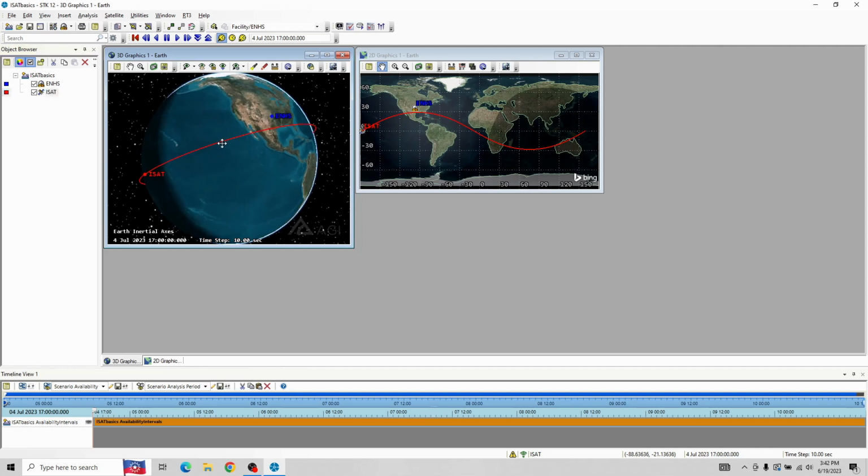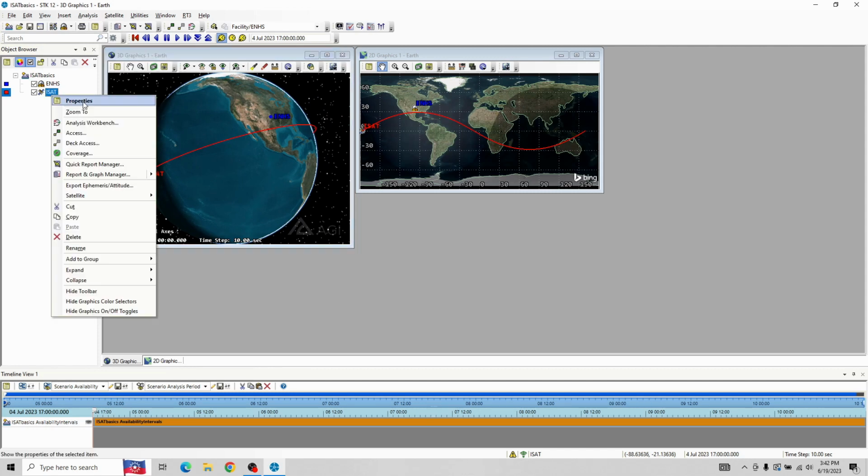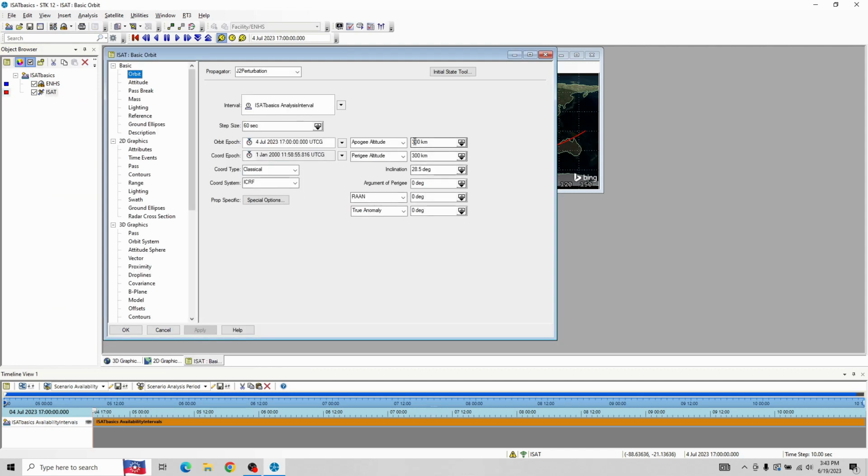Now, these are kind of the basics on it. If your satellite has very specific information, you can come back in, properties. Maybe it starts off at an altitude of 600 kilometers. I can change that out. And maybe it starts off with an orbital inclination of 0 degrees. All right, looks like it's giving me the error on the